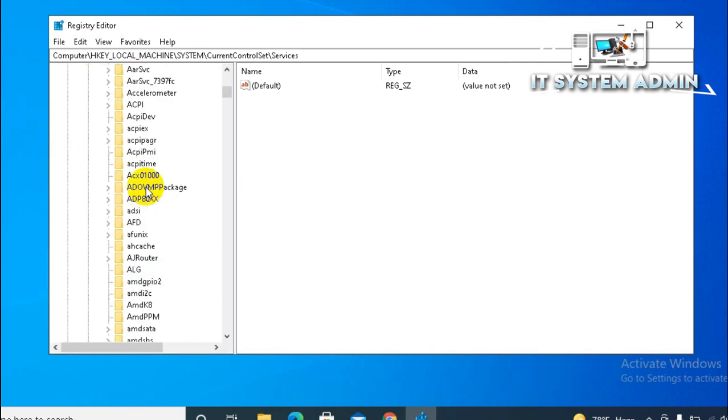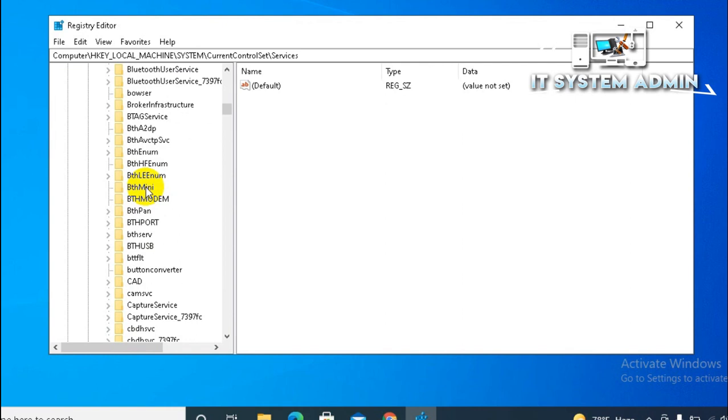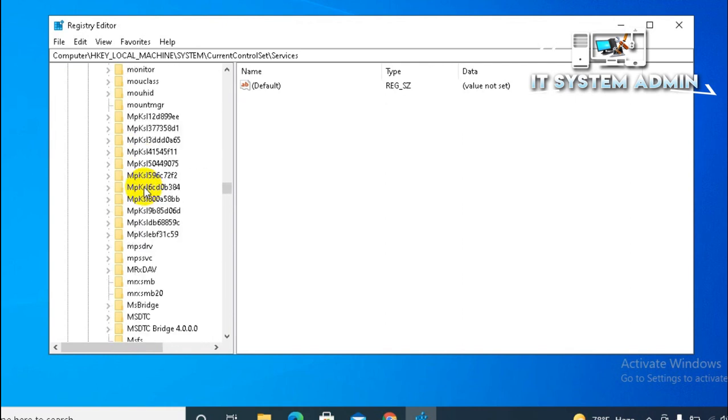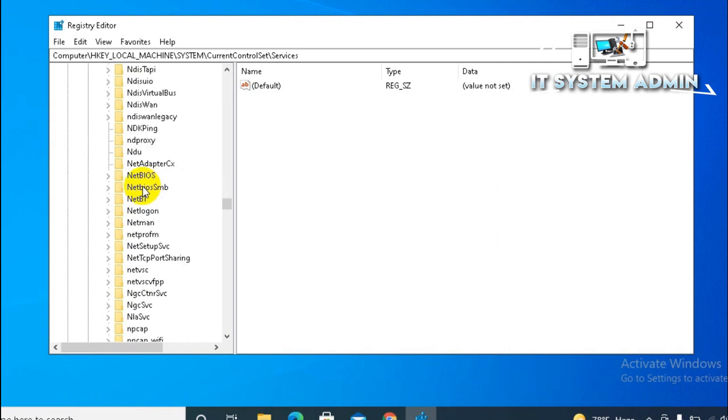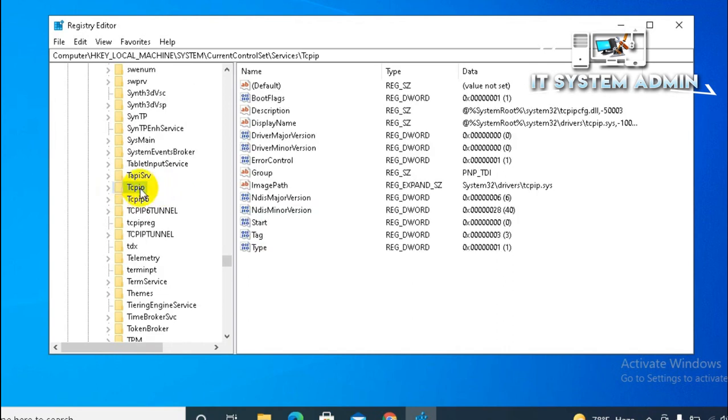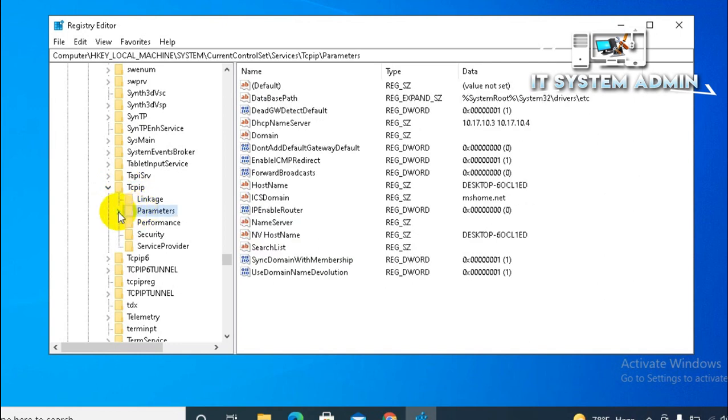Then scroll down. Look, this one, Tcpip. Then expand it. Then expand Parameters. Now expand Interfaces.